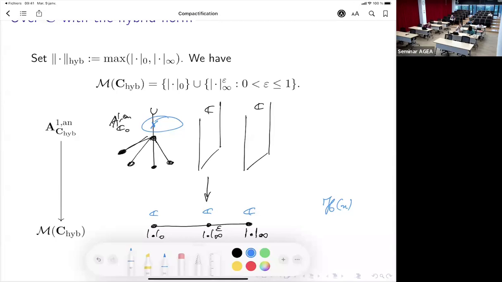Maybe I have a question about this curve case, which you mentioned. For curves we have a canonical compactification, and it also looks similar in flavor. So is it compatible somehow?